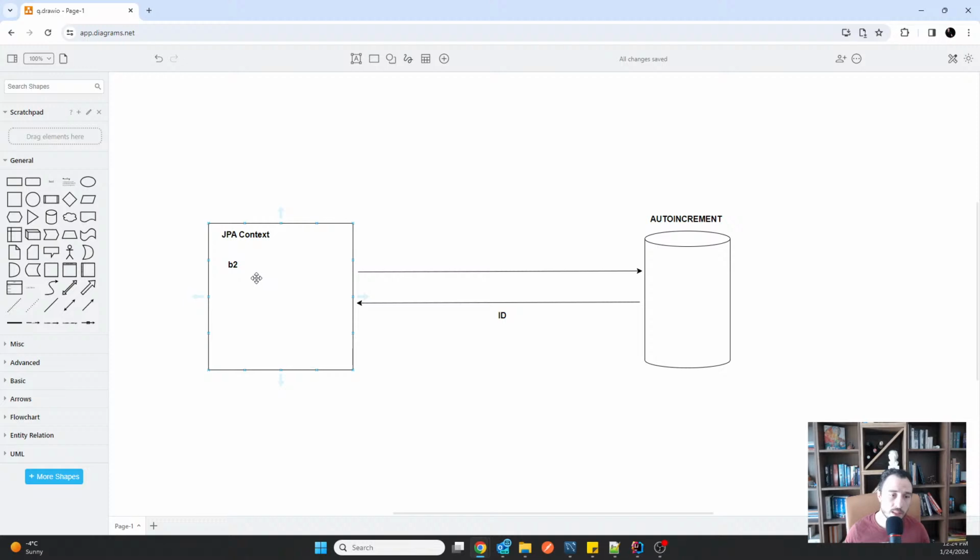But then when it came to the remove, what we did with the remove is we removed B2 from the context. However, the remove itself didn't yet generate any delete. Why? Because I could have just recreated it from the code logic for I don't know any reason, and then the delete was not needed.